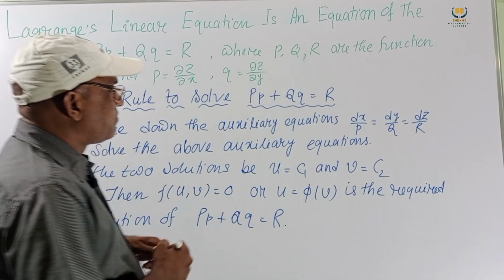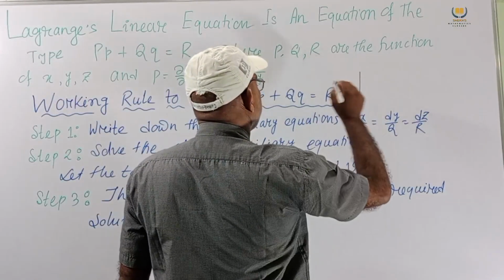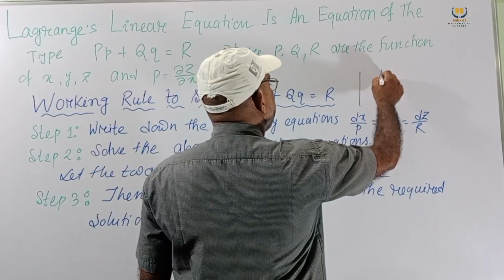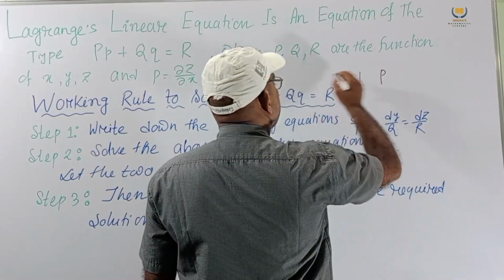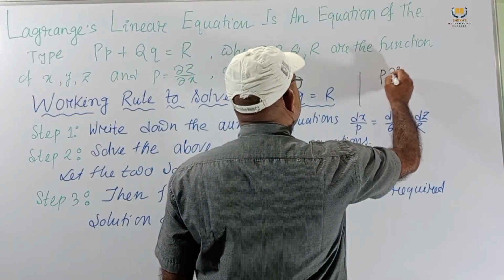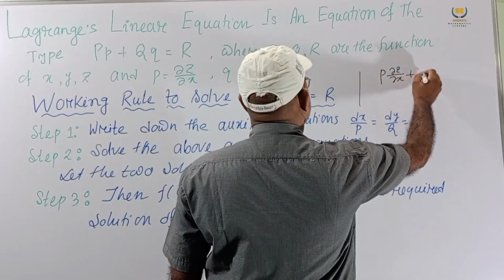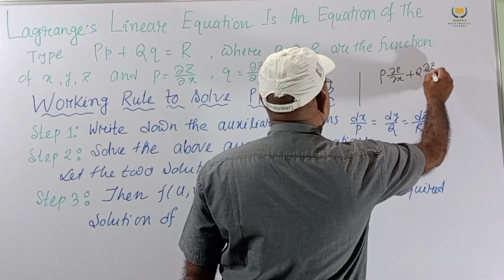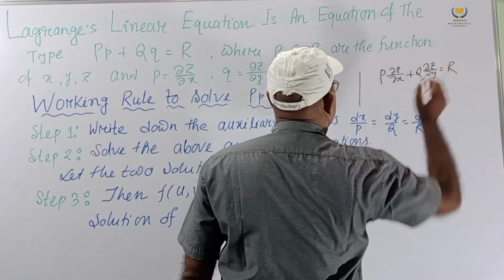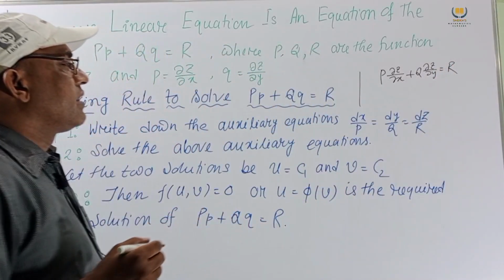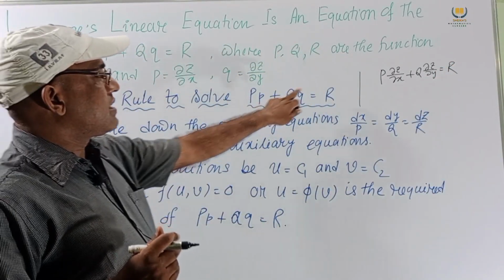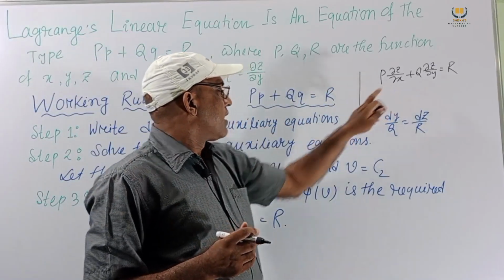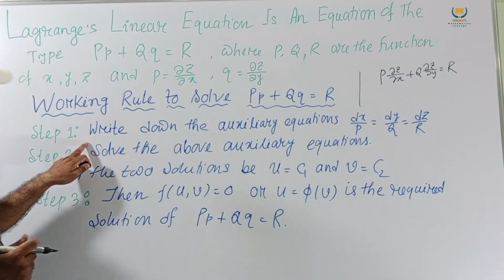This equation we can write in this way: P ∂z/∂x + Q ∂z/∂y = R. If we get this type of equation, either this or this form, then first we write step 1,